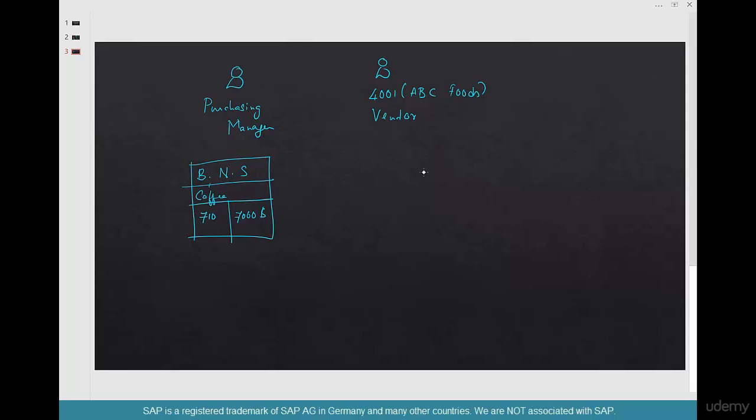Now, like I said, we're going to open more shops, right? That means we need more volume. So I'm going to ask the vendor to reduce the price because I'm going to procure, say, 50,000 pounds of coffee in the next year or in the next 6 months. Now let's switch places and think about the vendor. Now, what is the vendor thinking? Now, this guy is doing more volumes. That means sustainable business for me with this company, coffee shop. So what can I offer him without losing my advantage, right?